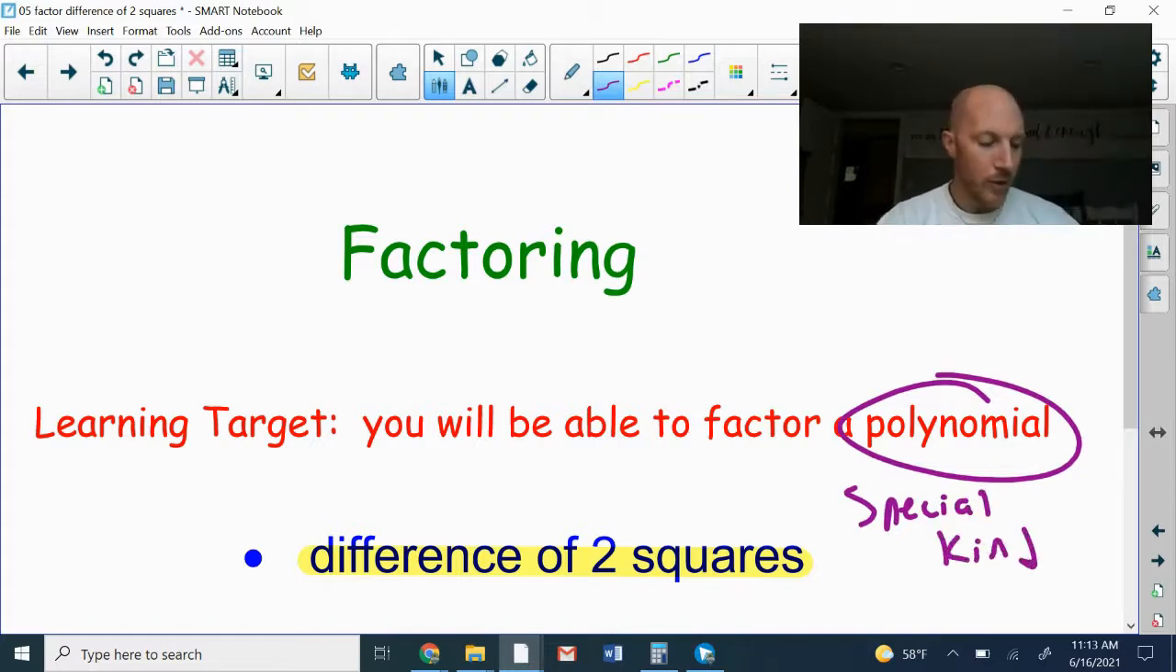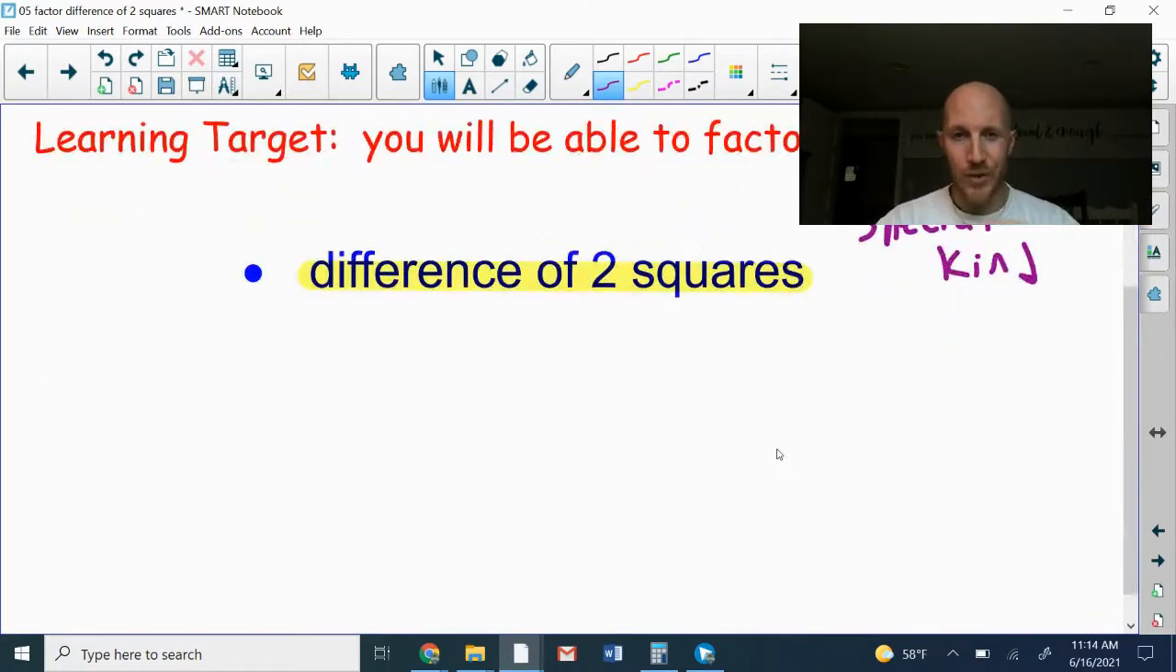Right, because we can factor the difference of two squares exactly the same as we have factored every other polynomial that we have come across so far, but there's a special way that we can factor difference of two squares. If we recognize this is the difference of two squares, then there's going to be this special, faster way that we can approach it. So what does the difference of two squares look like? Well, first of all,